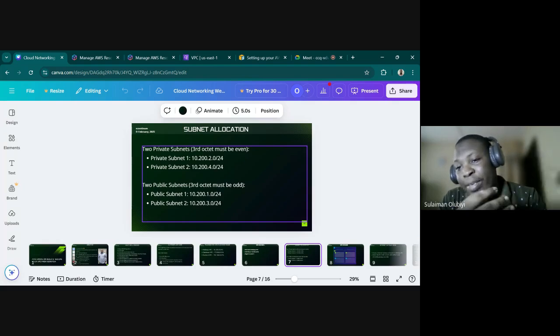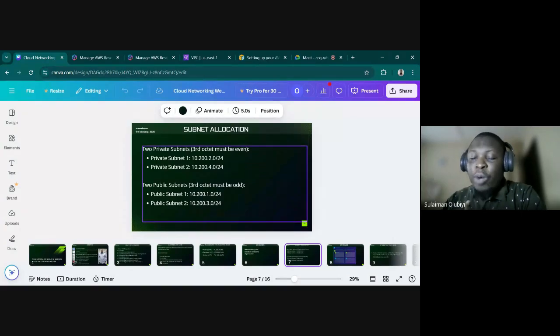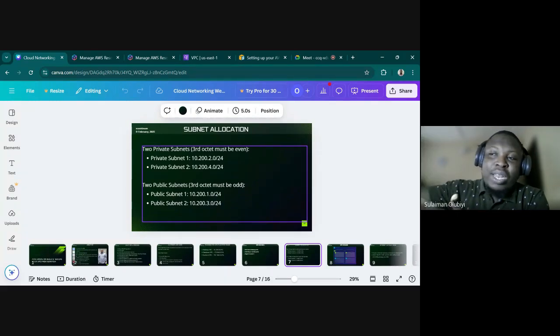Something like your database, something like your Kafka, something that you don't want to expose to the internet. So that's the kind of thing you put in your private subnet. You can't just expose your database to the internet. So those resources are what you put in your private subnet. And to ensure high availability, that's why we're doing private subnet 1, private subnet 2, just for high availability